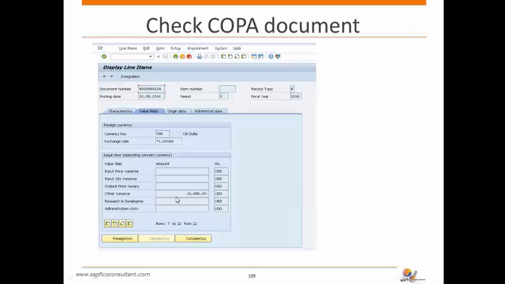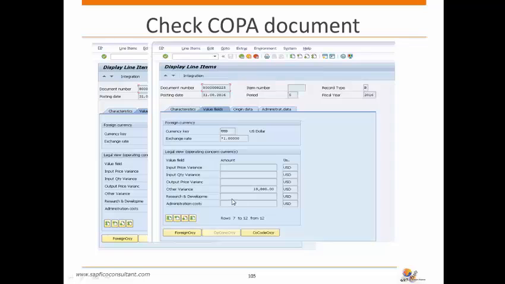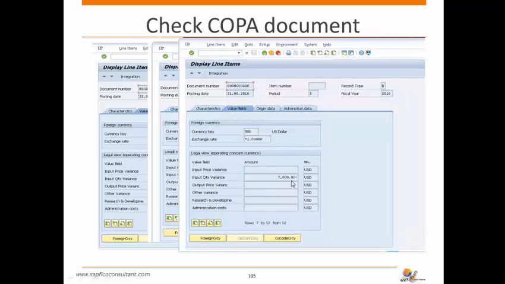So here we are seeing what the system is doing. It is reversing other variances. The FI entries are configured to PA, so it is reversing 18,880. Another entry is other variances. So 18,880 is getting nullified. 18,880 is a debit. Other variance is becoming zero. Input quantity variance is now getting